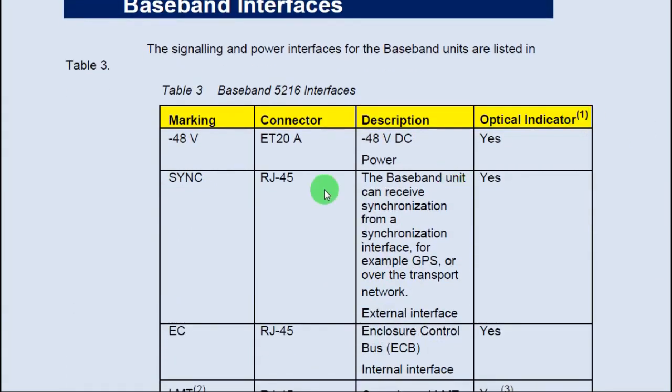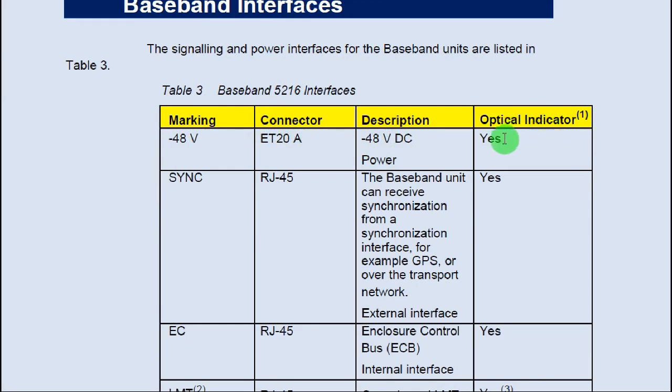Now here is the power, how much power both cards receive. The signal and power interfaces for both baseband units are listed. Here is the marking for minus 48 volt power input, and the ET20 connector for minus 48 volt DC power, and the optical indicator.